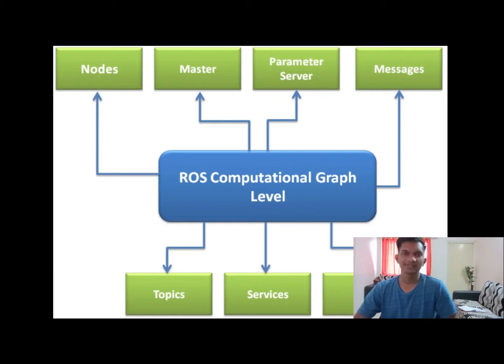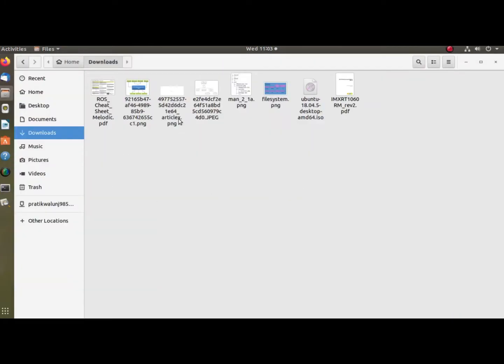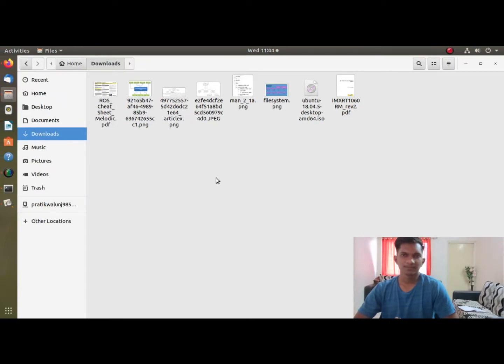Then comes the bag files. Whenever your project is completed, and you have to check whether the drone or any system or robot is working, and you want to store its model states or any parameters, these are stored in the bag files. So a bag file is nothing but the logs; it records the logs.